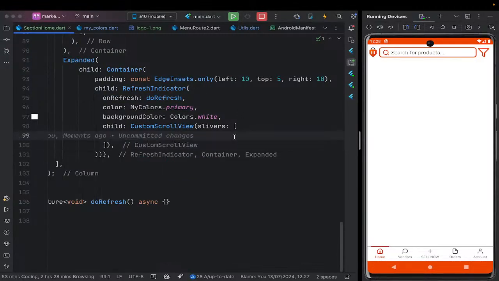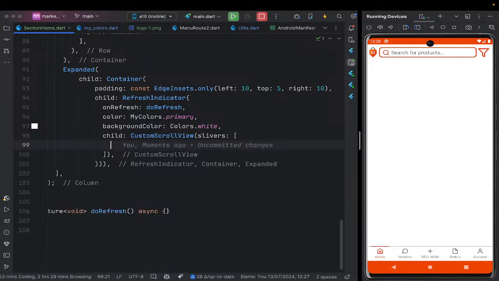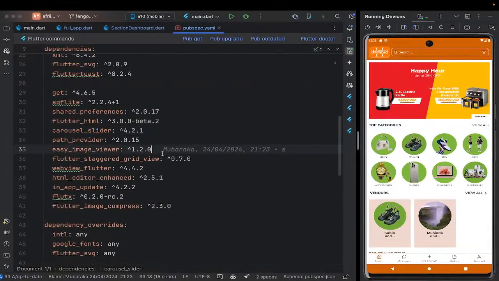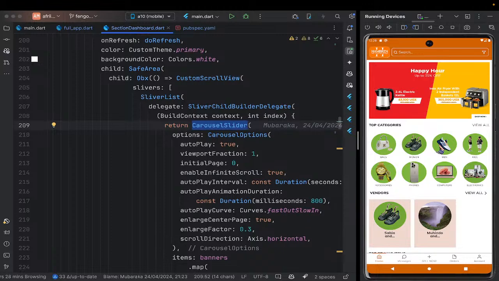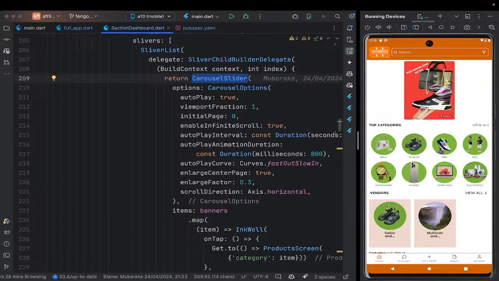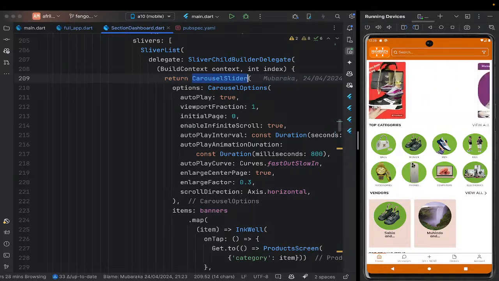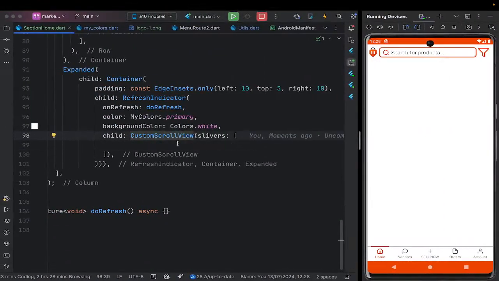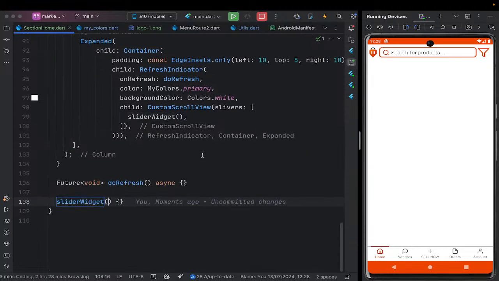So after adding carousel slider into our project in our YAML, the next thing I'm going to do is add it to our project. This is how you add it. You come on top here. I can maybe create here a slider widget, or slider section. So let me go ahead and create a method here, that is our slider widget. It's going to return a widget,